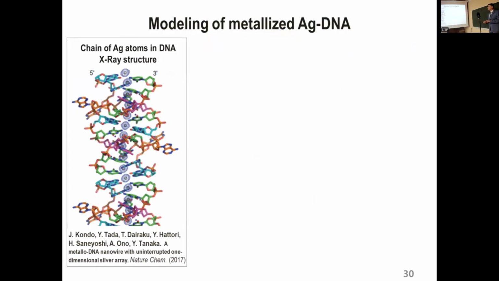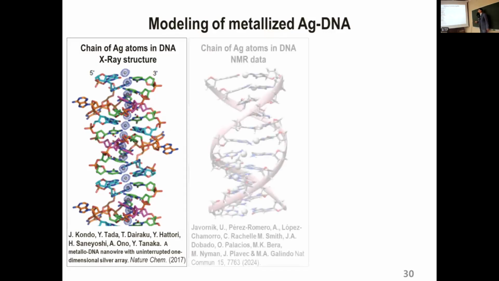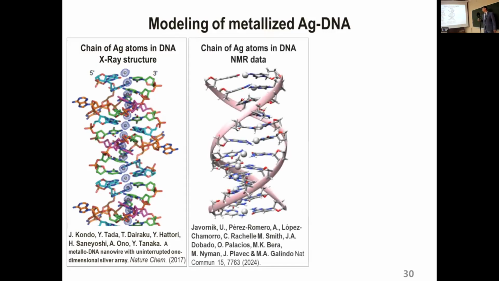And here you can see experimental results. This is the X-ray structure of the DNA double helix with silver ions, argentum, inside. This is the X-ray structure, and also there are other experimental works with NMR structure, where the ions are also inside, but these ions